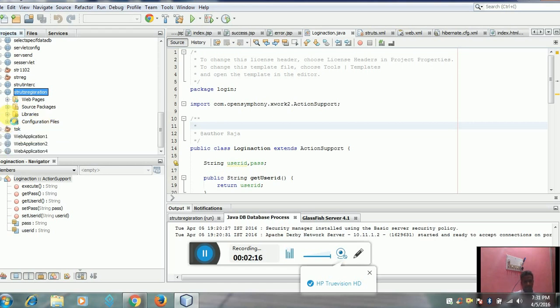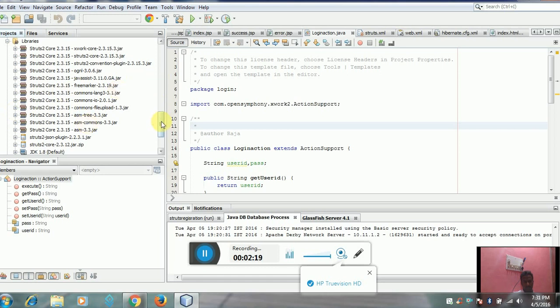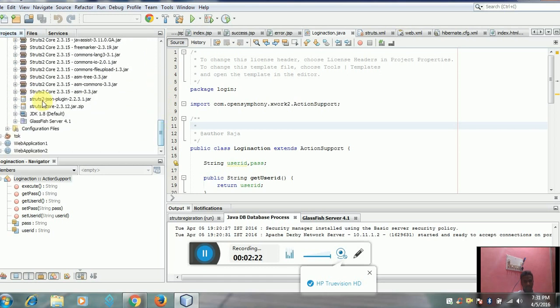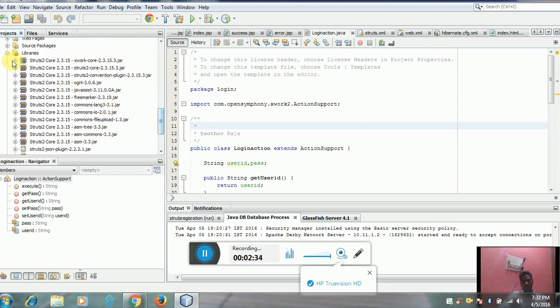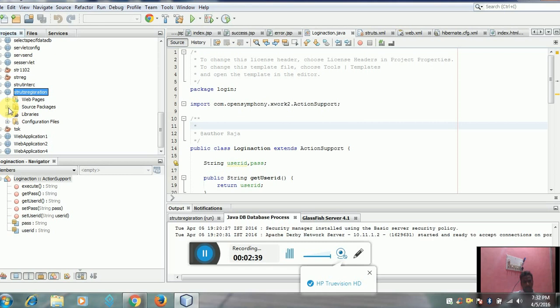Next is the library. Why use the library? The library contains the jar files. I have included only the Struts 2 core jar, version 2.3.1, so all the files are included by default in the library. Next, the source package. What is a package? It is a collection of class files and interfaces. The source package is the default package, where I create the login page, and Login.java is an action controller Java class.